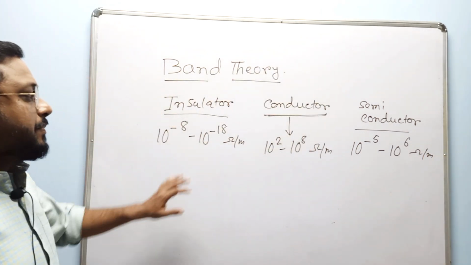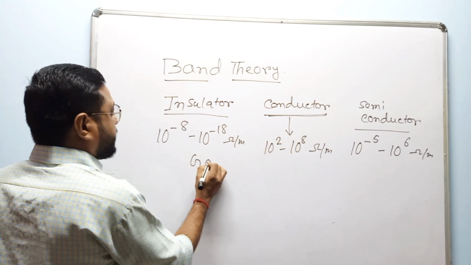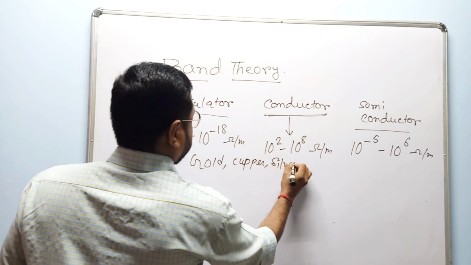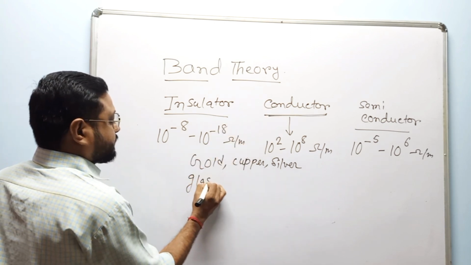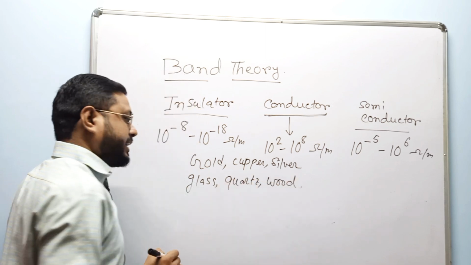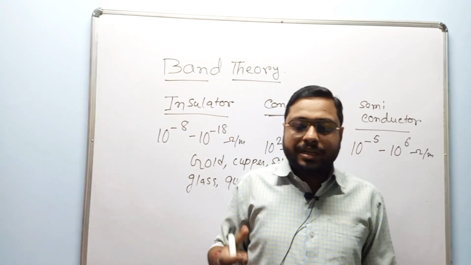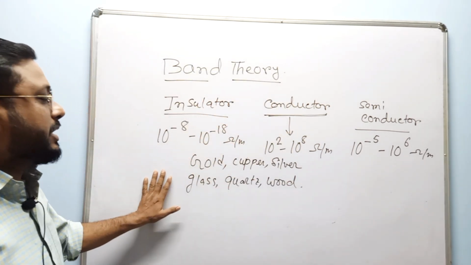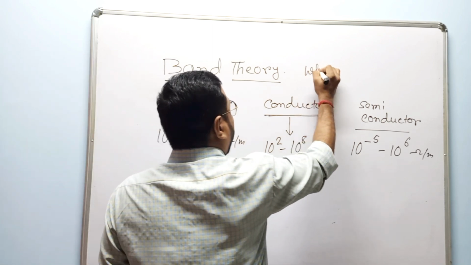So if we ask you why the conductor like gold, copper or silver carry more current, whereas the insulator like glass, quartz, wood does not conduct current, then what is your answer? आप लोग बोलेंगे कि ये फ्री इलेक्ट्रॉन का चक्कर है, फ्री इलेक्ट्रॉन इंसुलेटर में कम है, नहीं है, इसलिए वो करंट कंडक्ट नहीं करता है और कंडक्टर में ज़्यादा है। पर मेरा क्वेश्चन है व्हाई